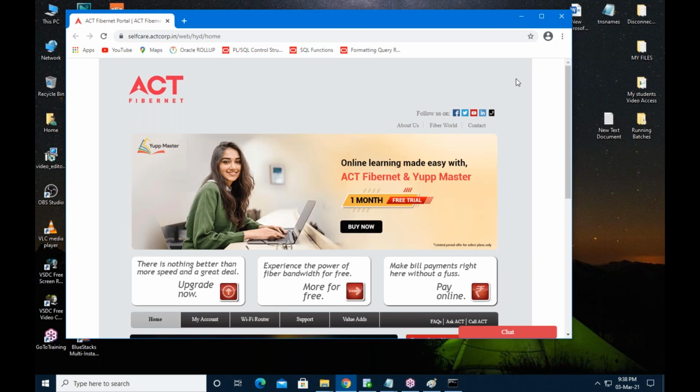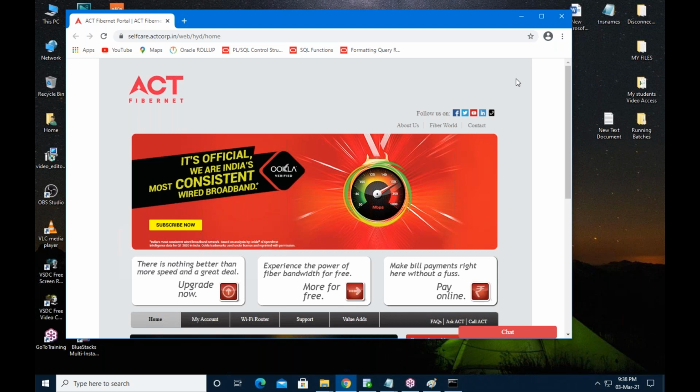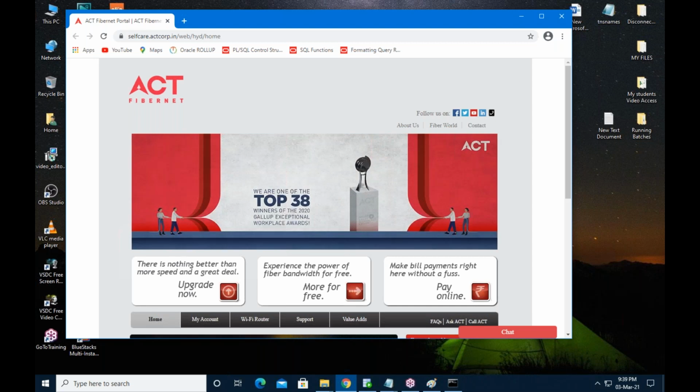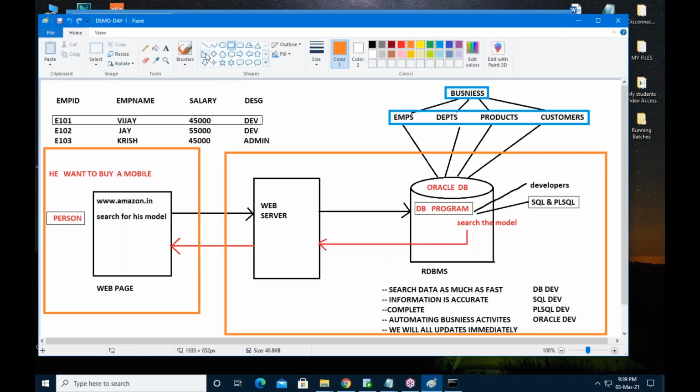If I select register, see, I am a client, I am interacting with the web page. So the web page and user both are known as the client level. This is client and this is server level. I can see only the web page. Beyond the web page, what is happening? Beyond the web page, a web server is there and also a database server is there. This is somewhere, I don't know where. So these are called server level applications.